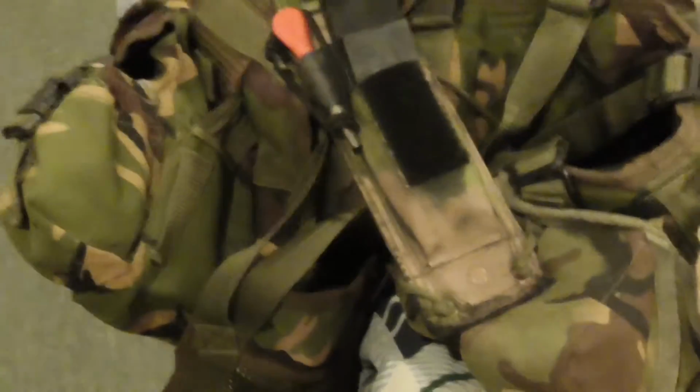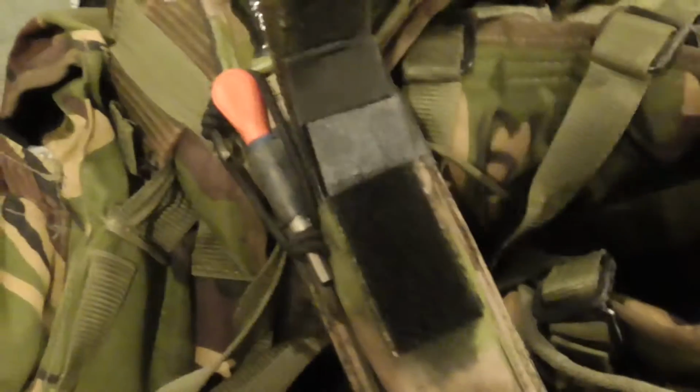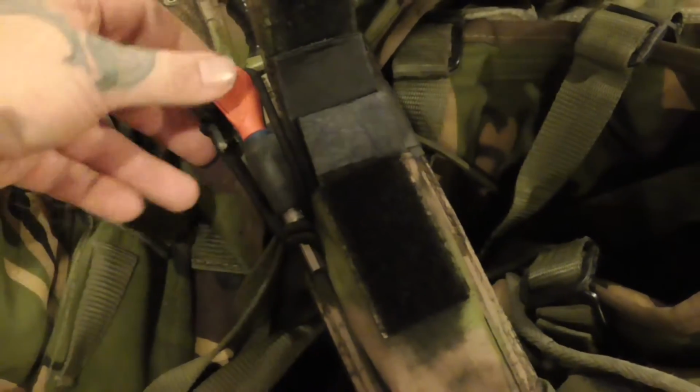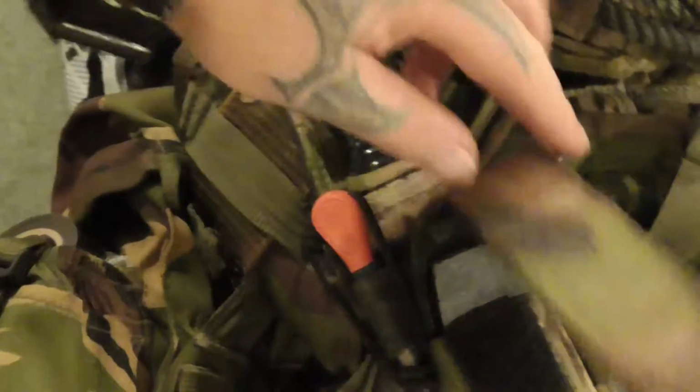Anyway, I've already done one on my sheath. In fact, I'll point the camera in that direction and show you what I've done there. Let's see if we can go over to here. Alright, so here's one here. I've already attached it to the side of the